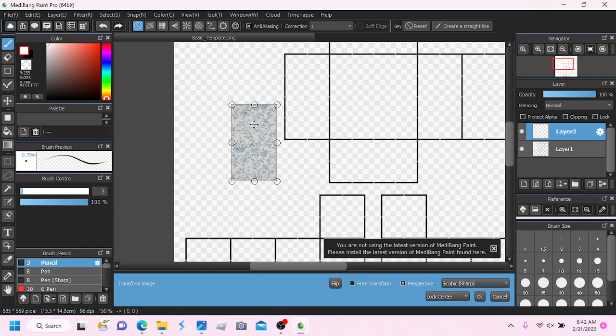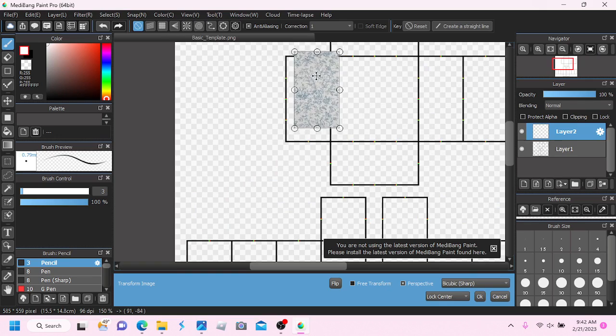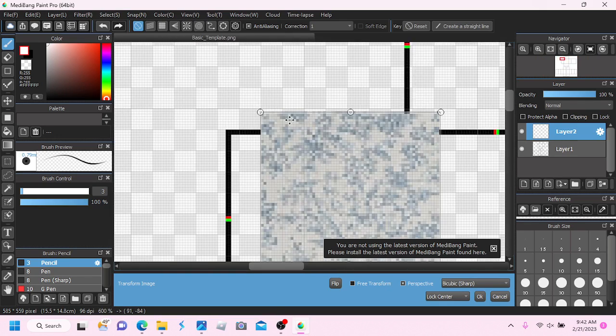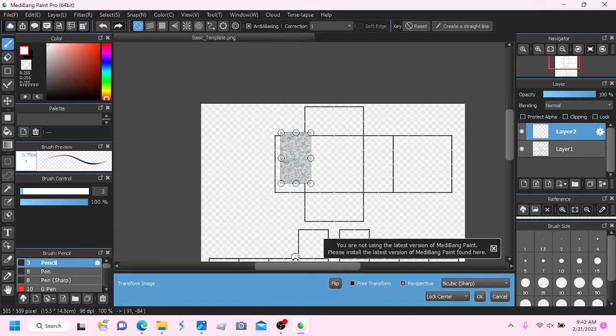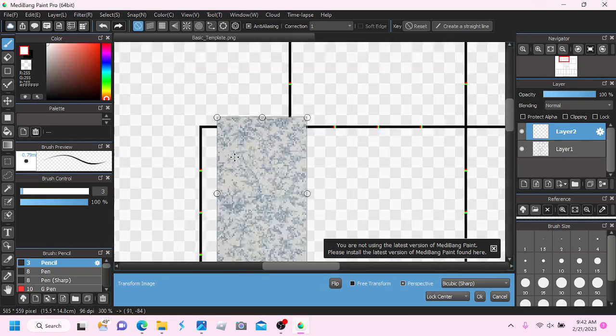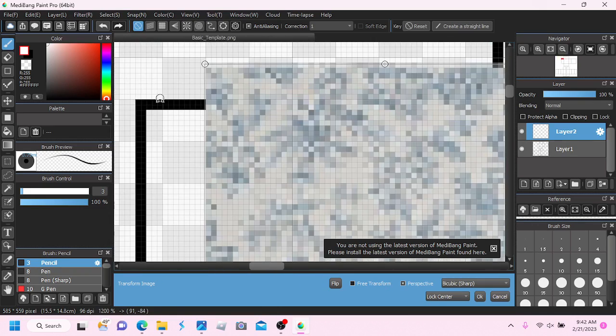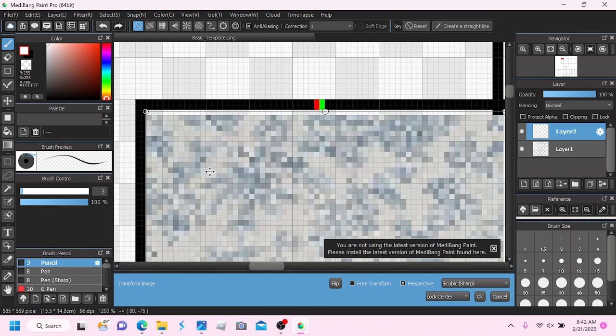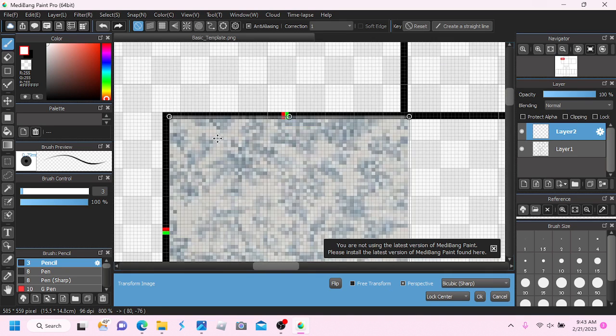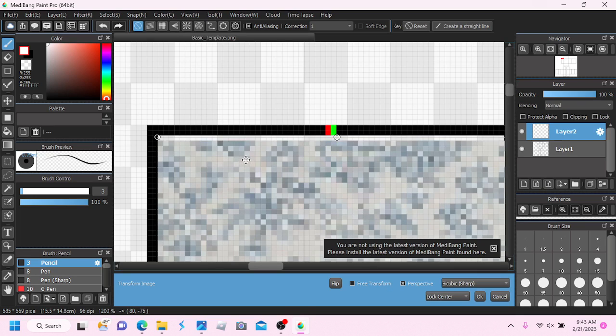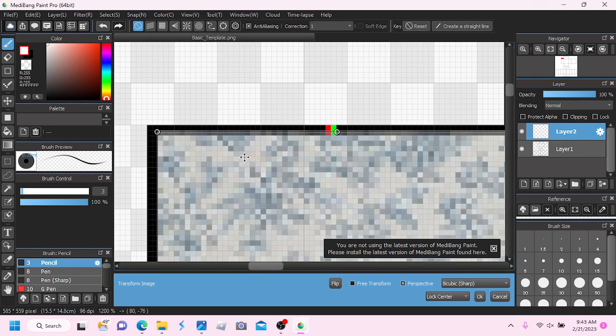So, you want to press Ctrl+T on your keyboard. And now, you should see this. You should see this thingy, and you can totally transform it, which I really like because when I was really new to Medibang, I didn't even know what I was doing, and I think my very first shirt or pant on Medibang was